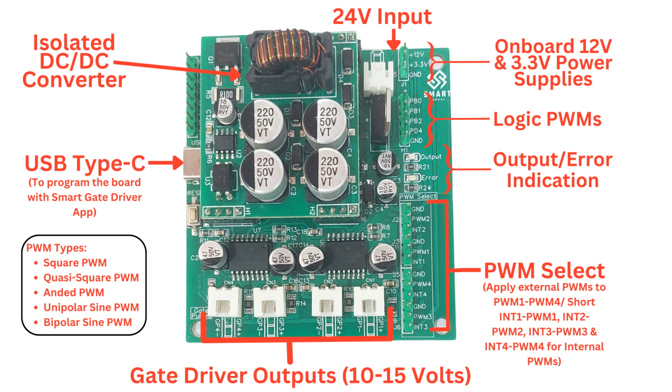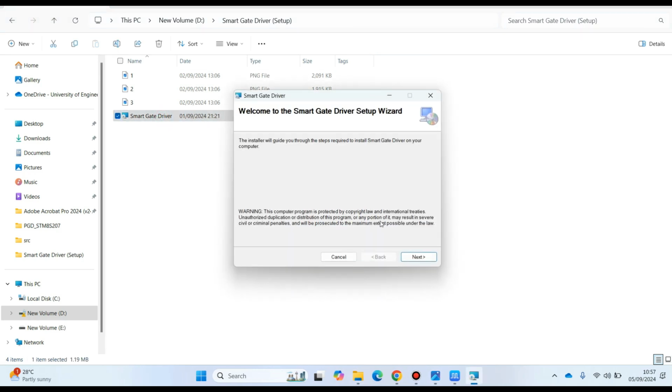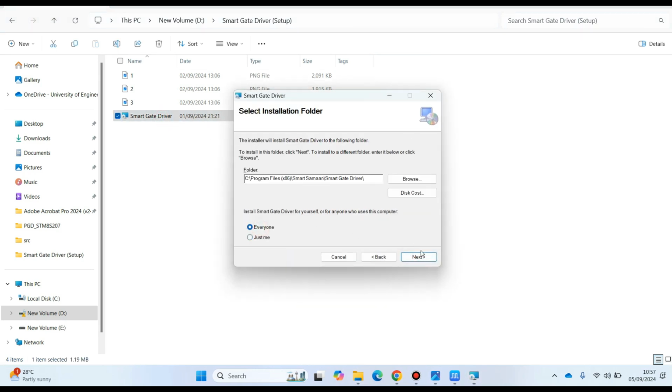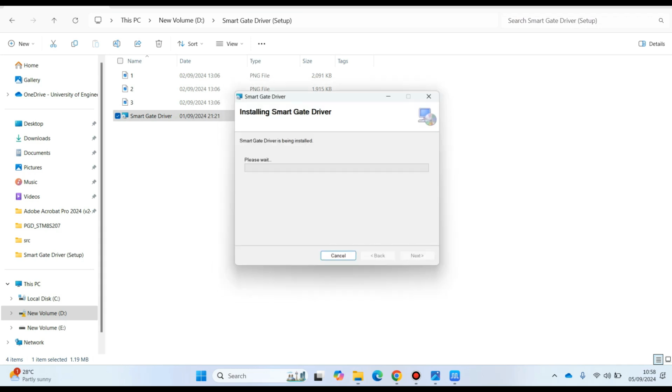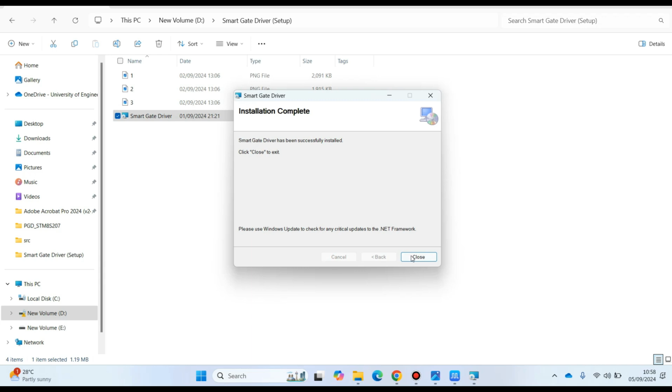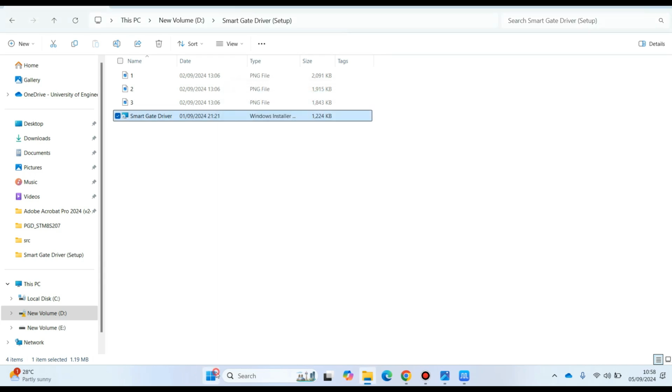Now let's install the smart gate driver software. So here is the setup. Follow the steps to install it, and here we go. So the software has been installed. Now let's launch the software,